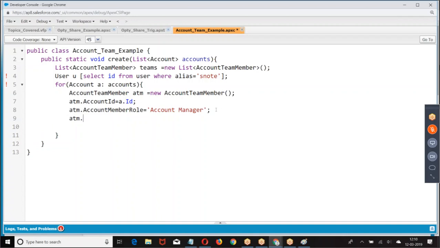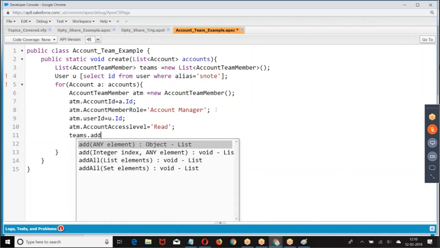Then with whom do you want to share? What type of access do you want to give? Then teams dot add.